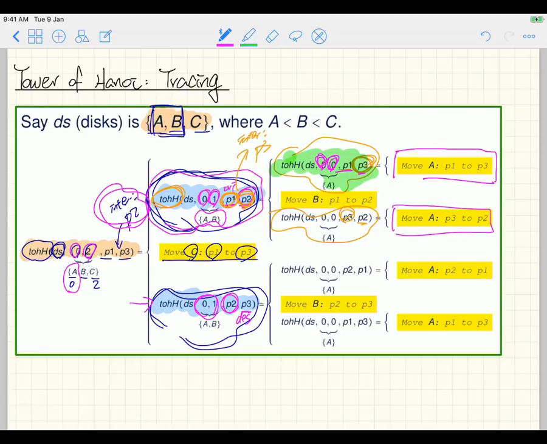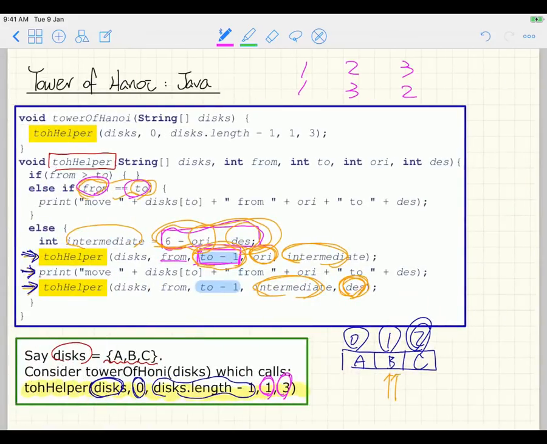I try my best to illustrate to you, but I do encourage you to look at the code, maybe with your colleagues, or just come to me. All right? Any questions about this before I move on? Okay, now, since we now know how it works, and that's the Java code,